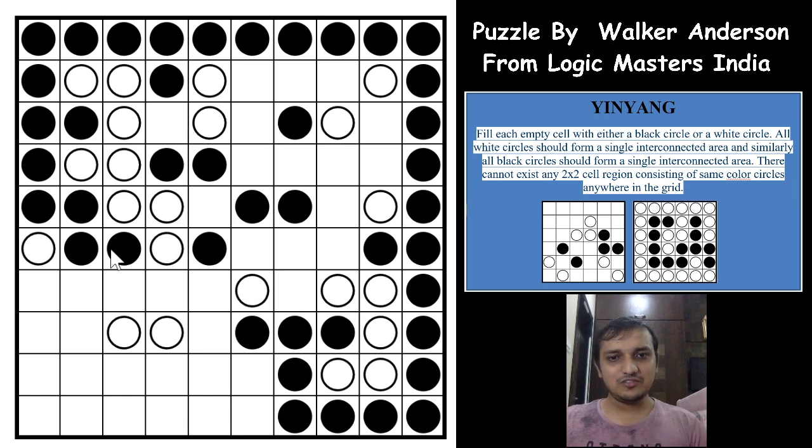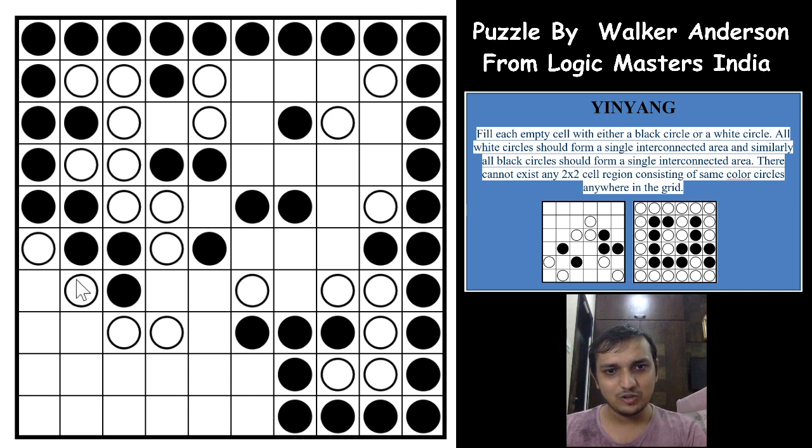And again, if you see, we have formed that exact instance here, that exact way that has to be done, and which makes this circle black. It cannot be white. We will form a checkerboard pattern or a 2 by 2 group of all cells white, which makes this black, and again this white, not to form a 2 by 2 group of shaded cells black, and not to form a checkerboard pattern, this becomes white. Again this becomes white, checkerboard pattern. Now because of these 2 by 2 cells of all cells black, this has to be black.